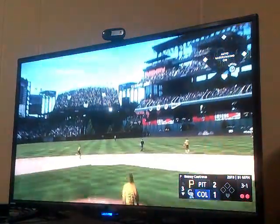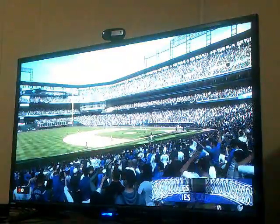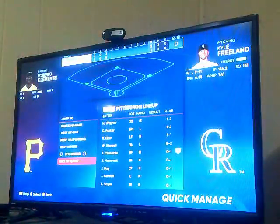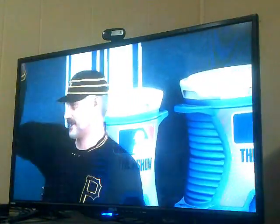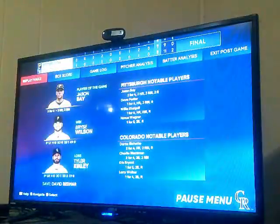Ripped on a line to center. Bay makes the catch, and that'll do it. One, two, three go the Rock. And welcome. The 7-5 final score in this one, for Chris Singleton and our...